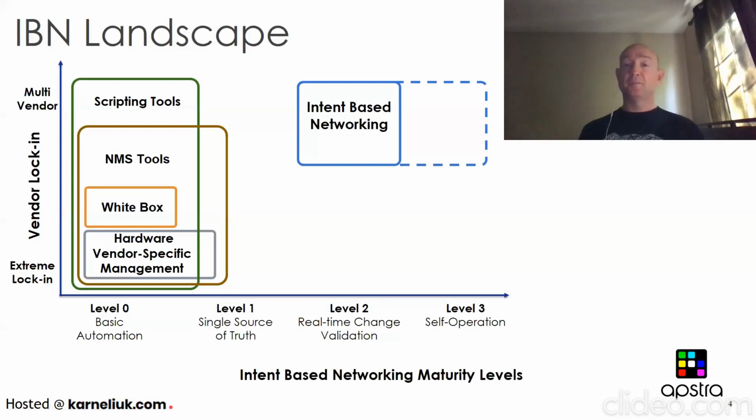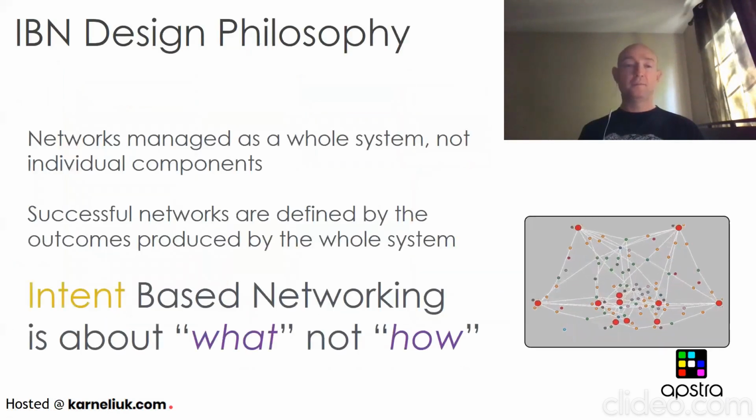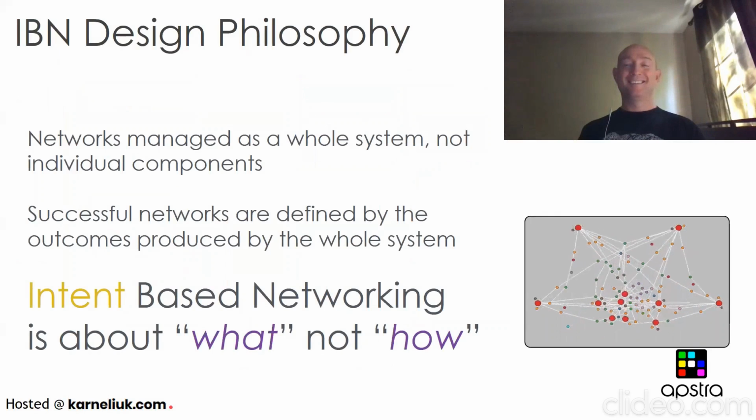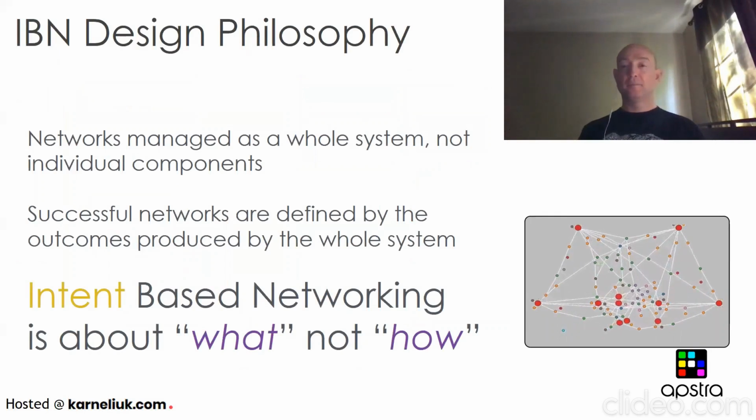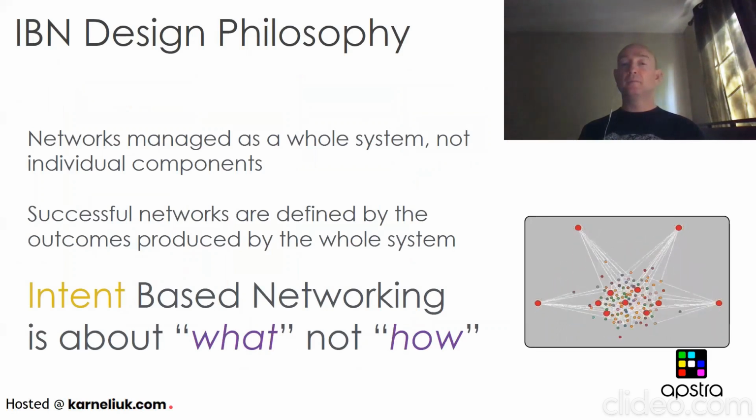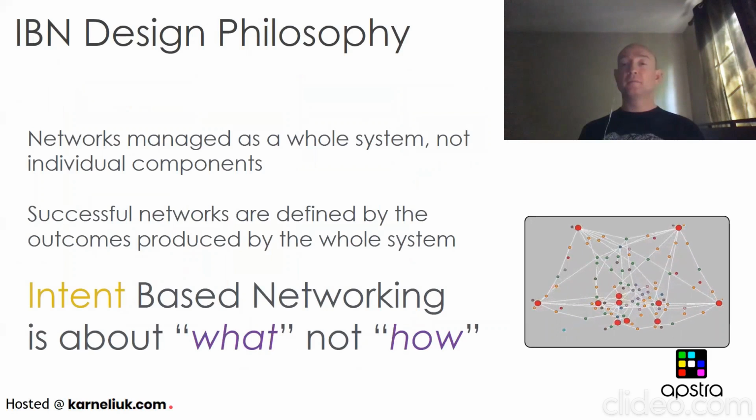Okay, that's now more clear for me. Thank you for that. So that's exactly the point. The picture is very interesting. I mean, it looks like a Neo4j graph or something close to it. But that's what you're saying. So the intent is, as you say here, what and not how the network is configured. Is that the correct definition of an IBN system?